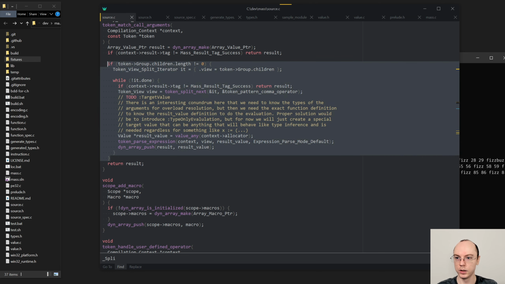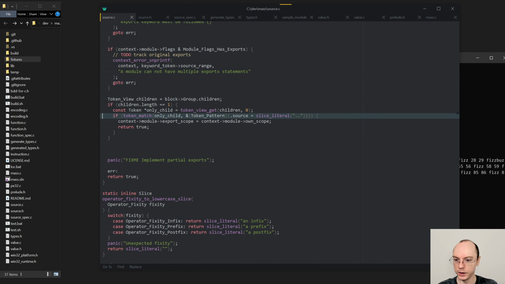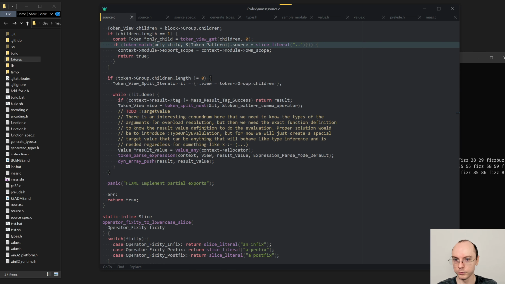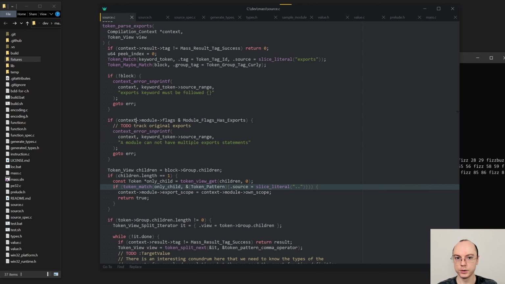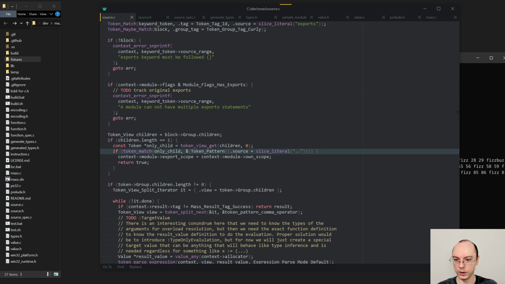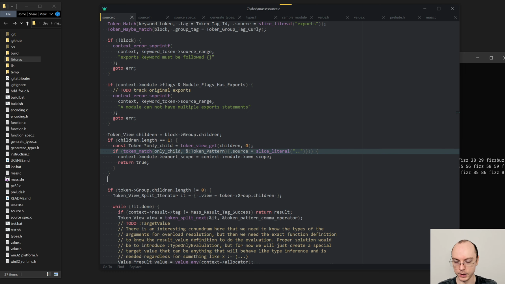Yeah, that is perfect. So if a group is not like this, okay, I do want to create an export scope where now I need to say that context module export scope is scope